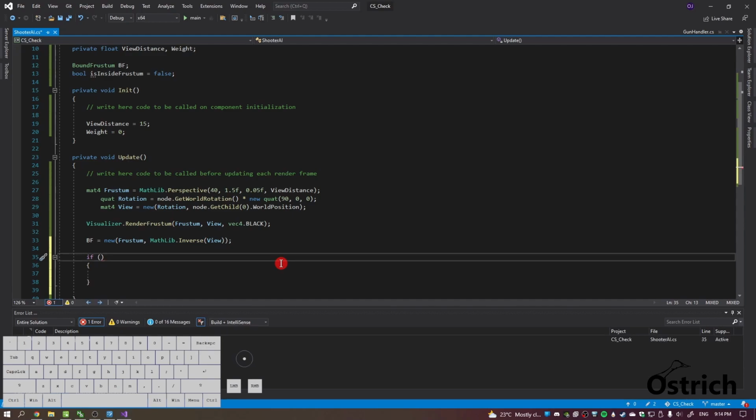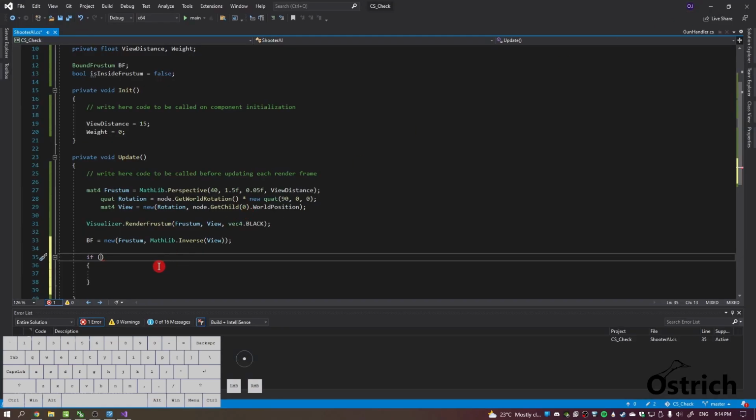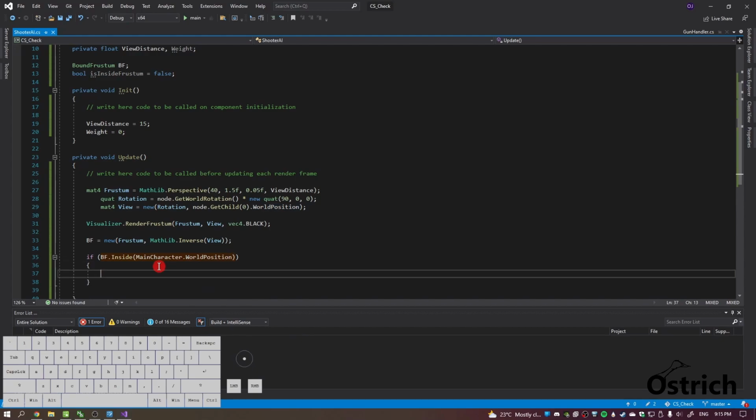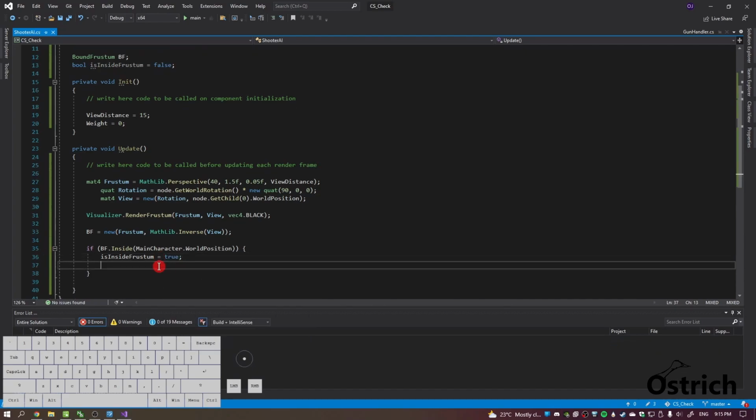If and how do we check this before I go on? So inside our bound frustum, we actually have a function called bool inside, checking if the point is inside. So we can just do a simple bf.inside, and we're going to choose the object, which is main character dot world position. So now we have the object inside. So we're going to check if this character is inside. If it is, we're going to do is inside system equals true,